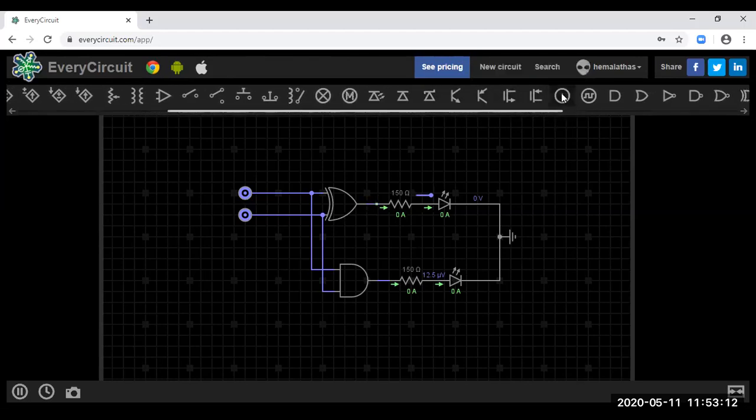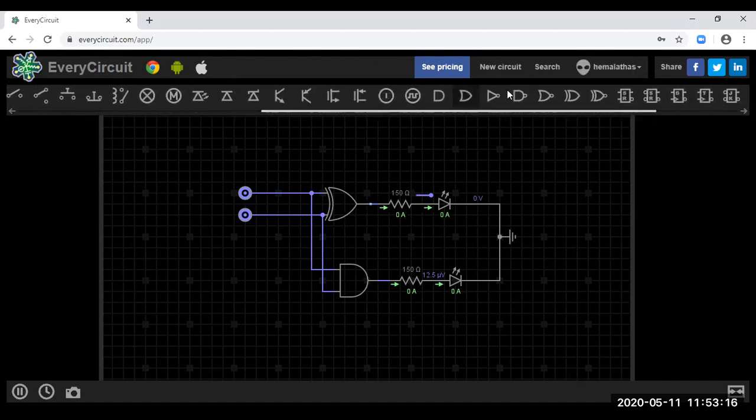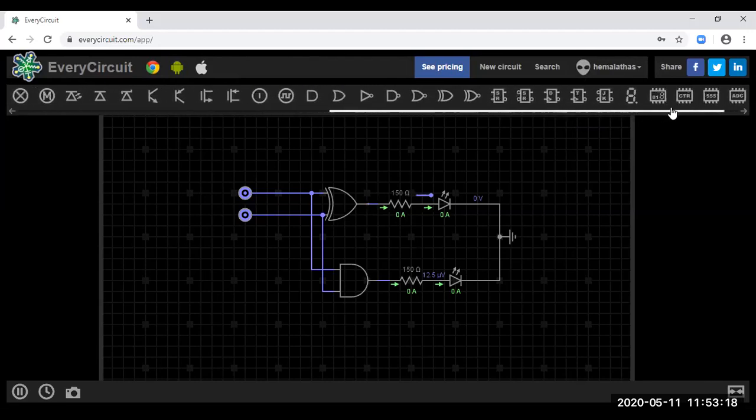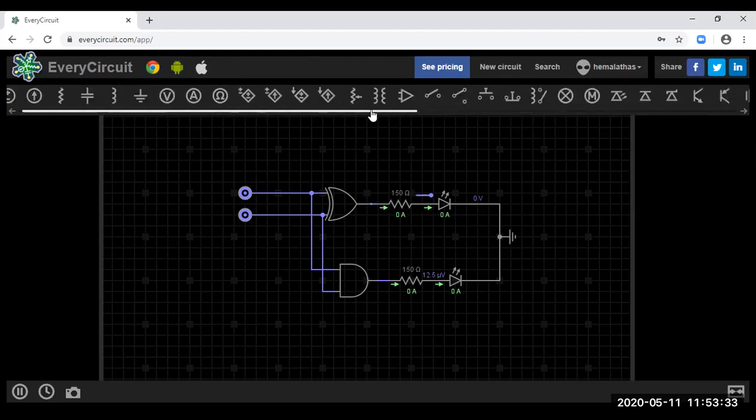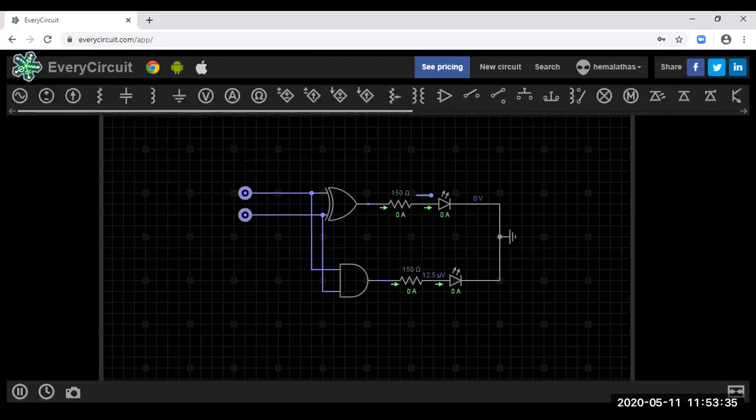So this is your logic source, and this is your logic train. And then you have various types of gates, and various types of flip-flops. You have a 7-segment display, and a binary to 7-segment decoder. You have a counter, 555 timer, and analog to digital converter and digital to analog converter. So these are the various elements available with which we can build our circuit.